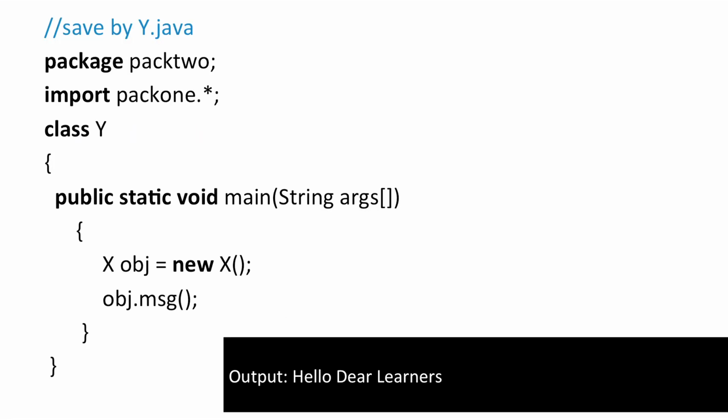Second scenario is we are having another class called y, which is under package 2. So package 2 is pack2. We are representing it by pack2. So it is user defined, you can use any name. So package pack2, then import pack1. So we are importing the pack1, means the previous package in which the class x was there and void message